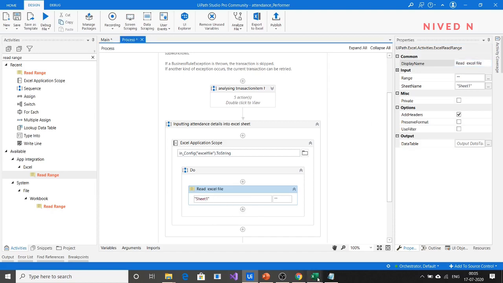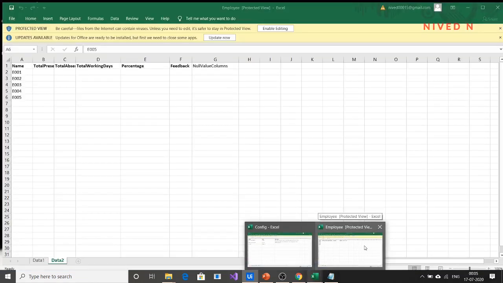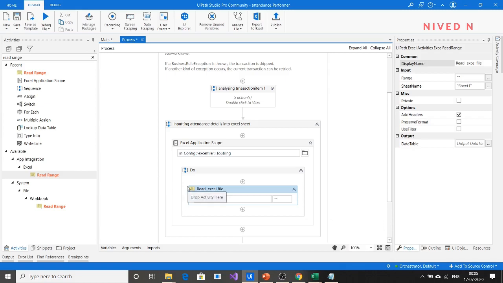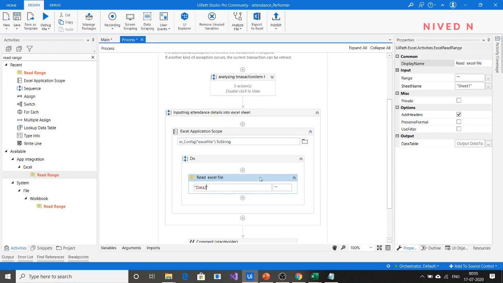What is the sheet name here? You can check here. The sheet name is data 2. So give the name data 2.